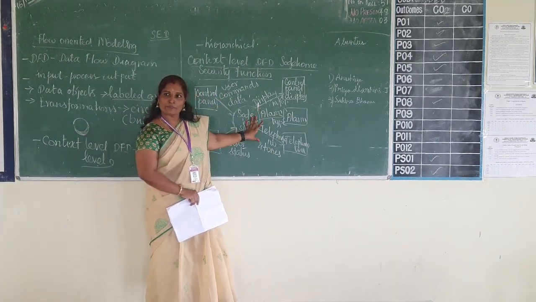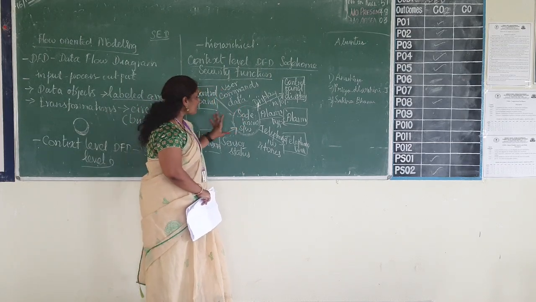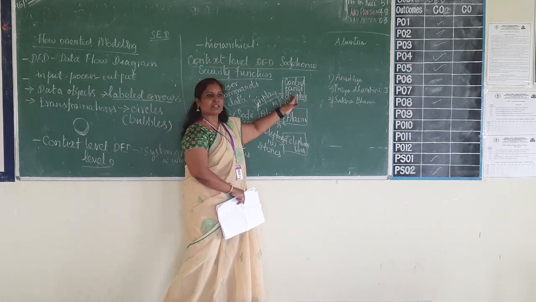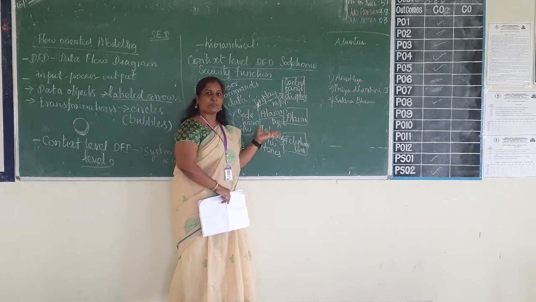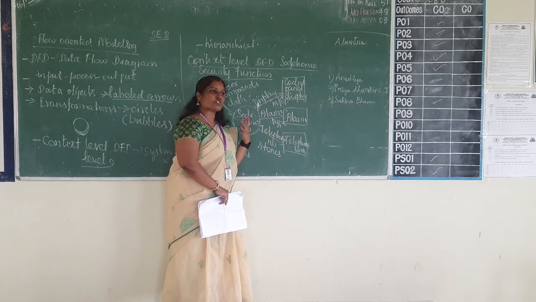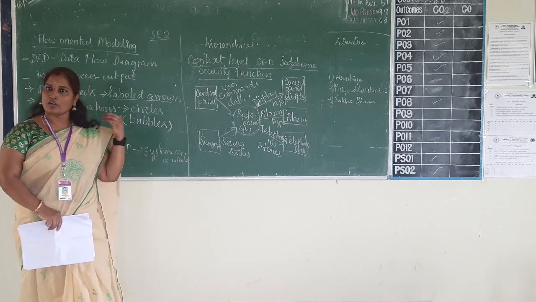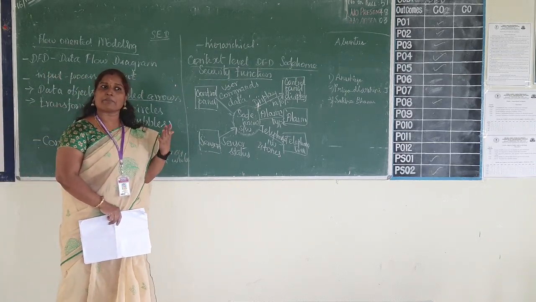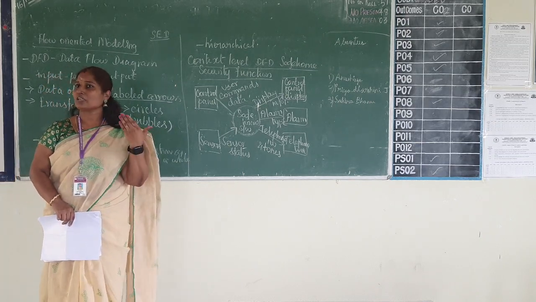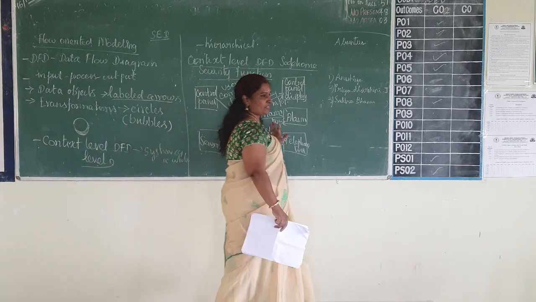You get my point? It will receive input, take the data from the sensor, process it, and give me the display, or if any emergency is there, it will give me the alarm, or someone has to be informed over a message, not just an alarm. Something has to be informed immediately. So the telephone number will be dialed, so that the person will pick up the call and know the message.